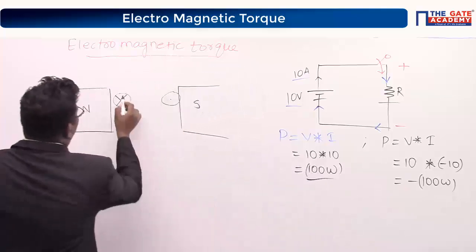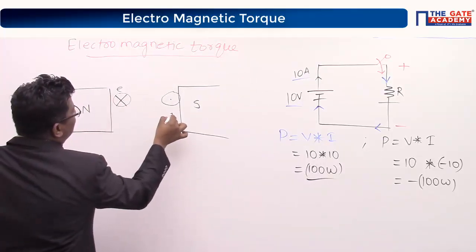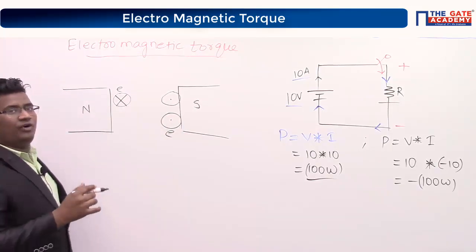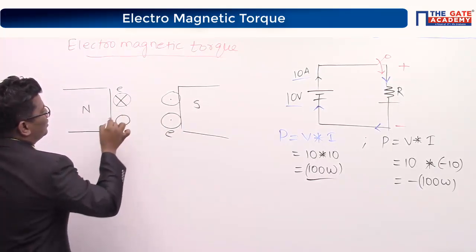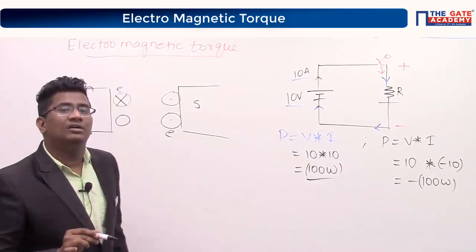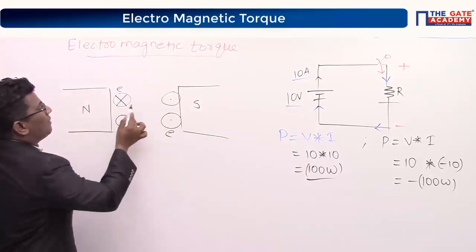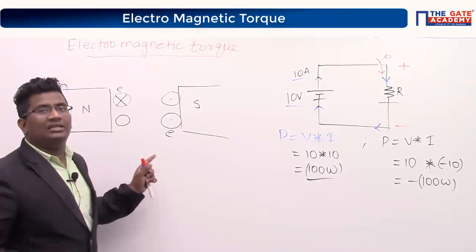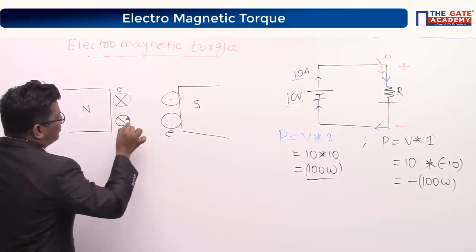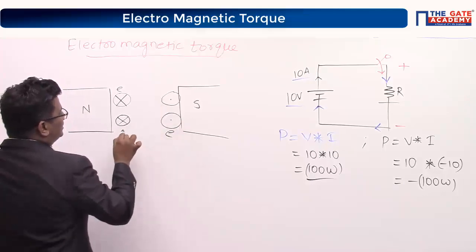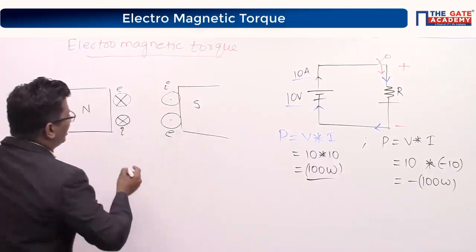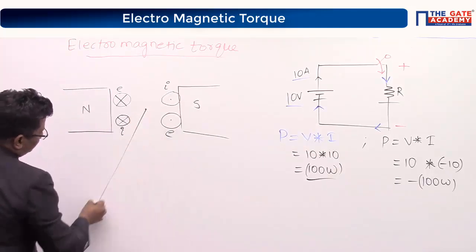Now I have voltage polarities like this. This is E, this is E. Correct or not? Therefore, will its current polarities also be the same or different? Under the north pole, you have a positive polarity. Then, if you connect a load to this generator, will it have the same current? Here, negative voltage. This is the current. Okay? Wait. Here the whole concept is there.